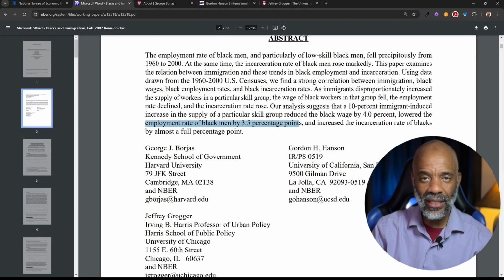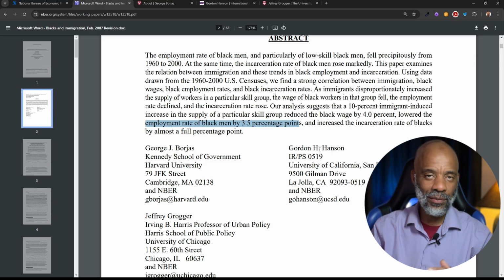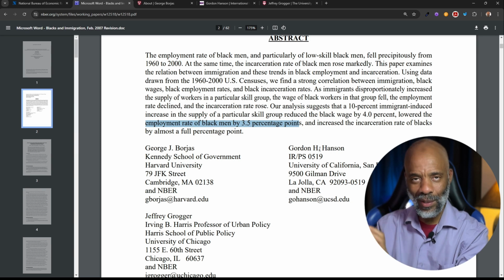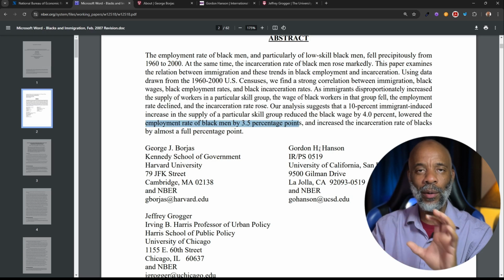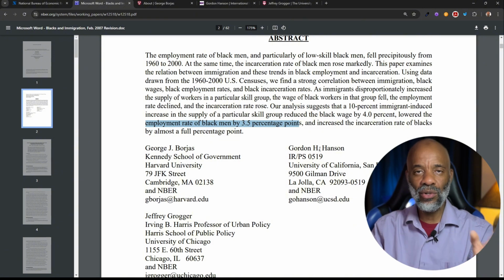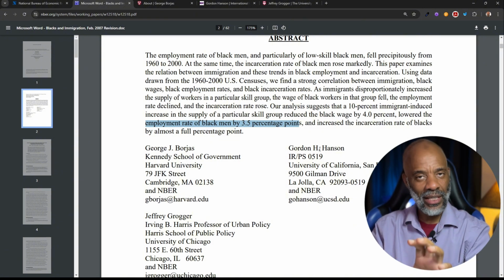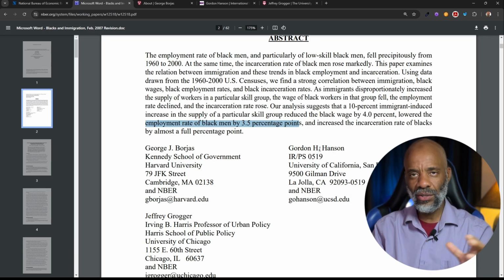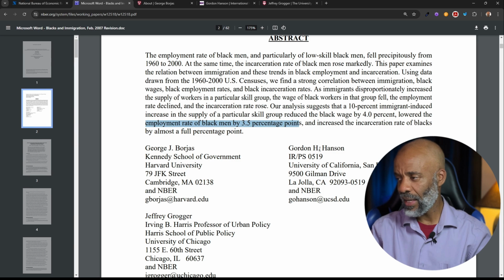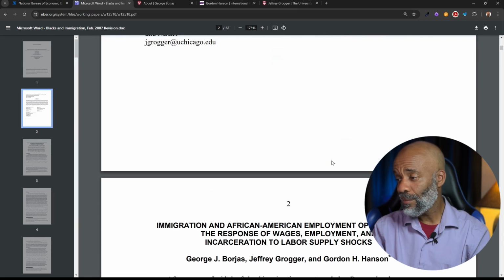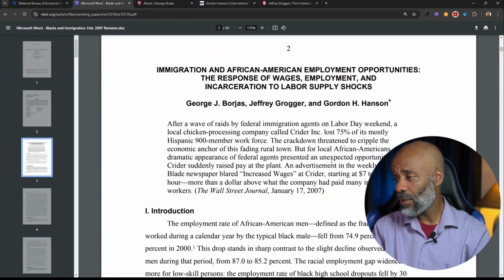Now I know what you guys are thinking. Correlation doesn't mean causation, right? But remember, all these are economic people. They look at the empirical data, and they just go by what the data tells them, right? So yes, they're not saying that immigration caused it, but they are saying that there is a correlation between all these 3 things, okay? And they even say in this that this hasn't really been studied.